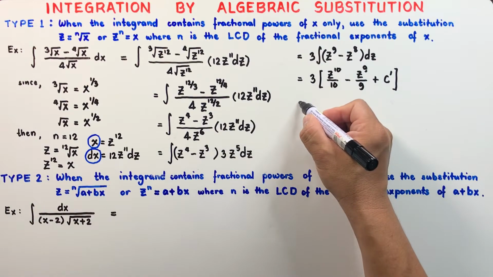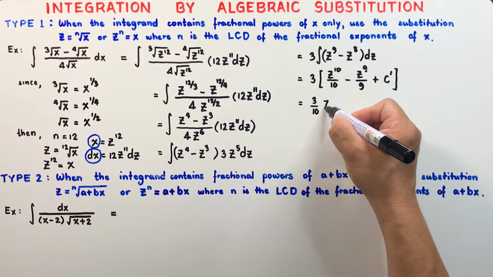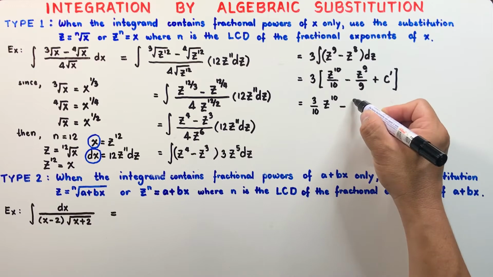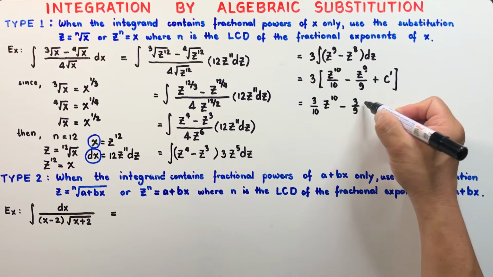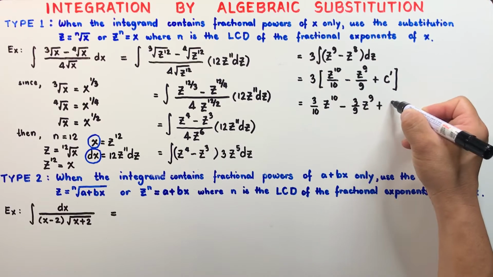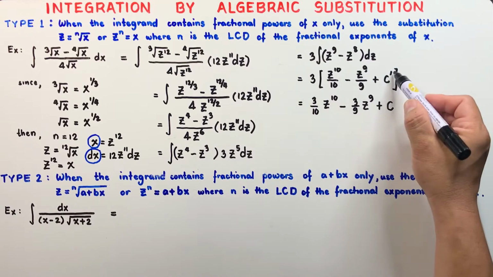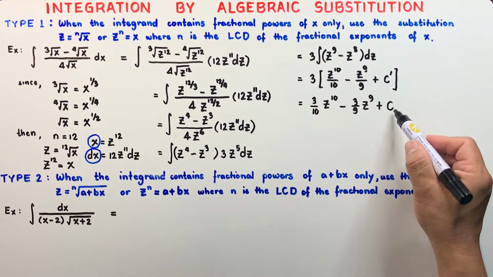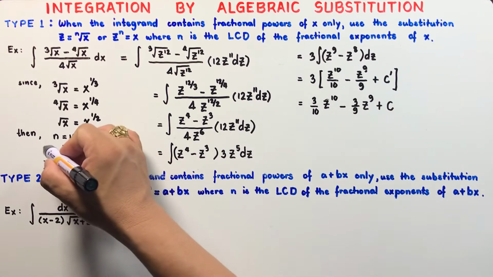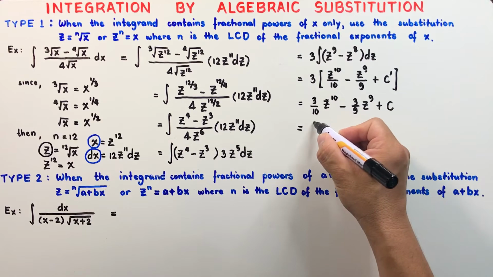So we have here 3 over 10 times z to the power of 10 minus 3 over 9 times z to the power of 9 plus the constant of integration c, because when 3 is multiplied by c prime, the product is still a constant. So substituting back our value of z, which is found here,